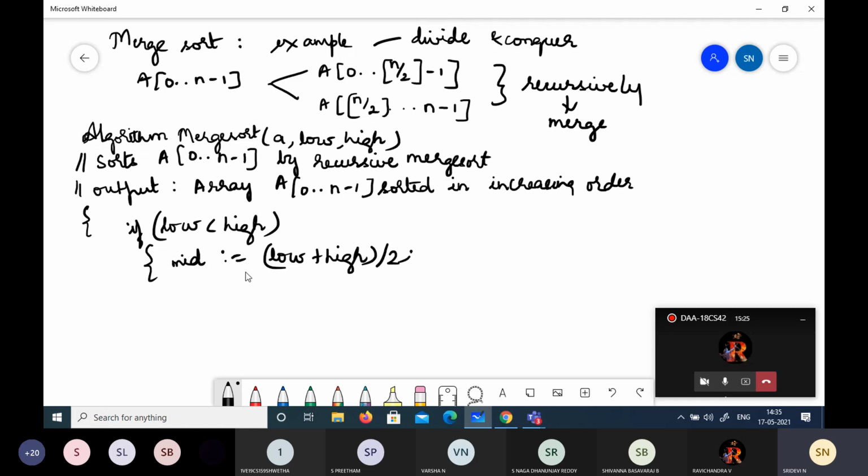And then we just call this function recursively. Merge sort will call again and pass a, low and mid, as in binary search. You were dividing into two halves and sending them separately, isn't it? In the same way, merge sort a, low and mid. That is this part we are sending. And again,